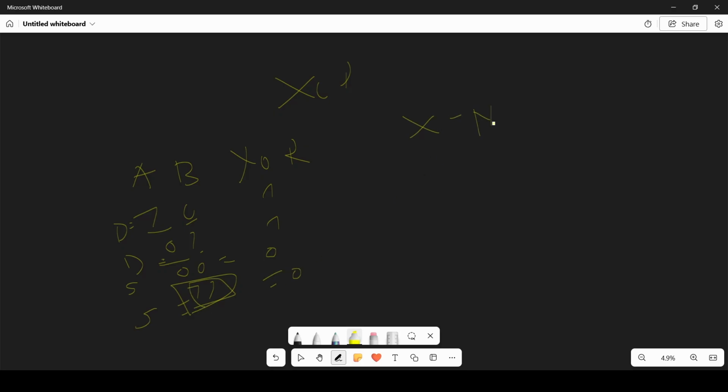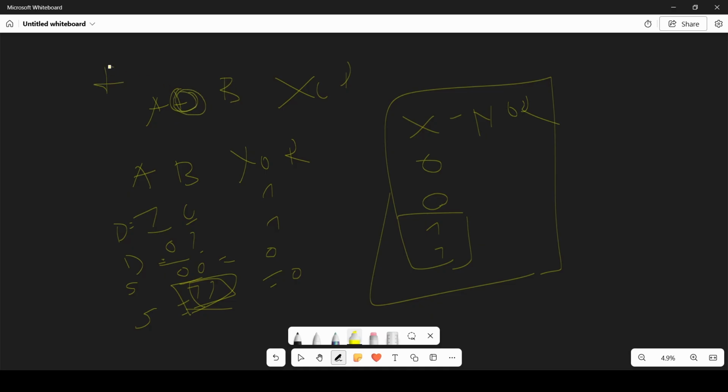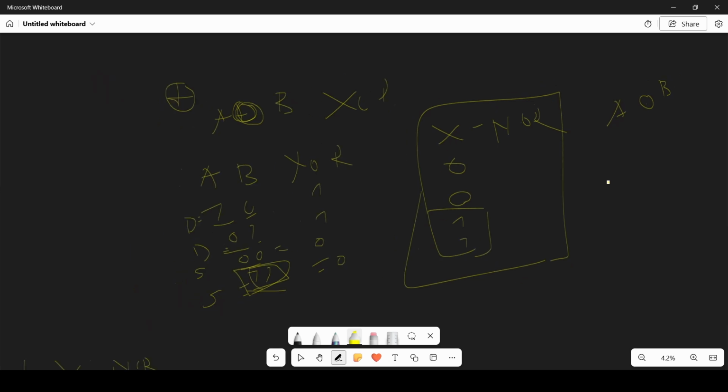What about the XNOR gate? The XNOR gate will give us the value 1 here, 1 here, 0 and 0 in here, as the XNOR gate condition is that it will only give the value 1 or true if both the inputs are the same. The XOR gate is represented by a plus sign with a circle inside, and the XNOR gate is represented by a circle with a dot inside. So I hope you understand